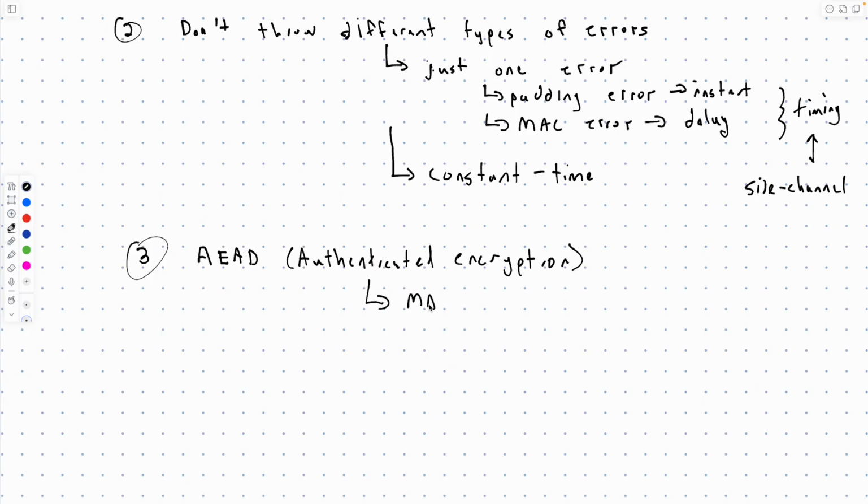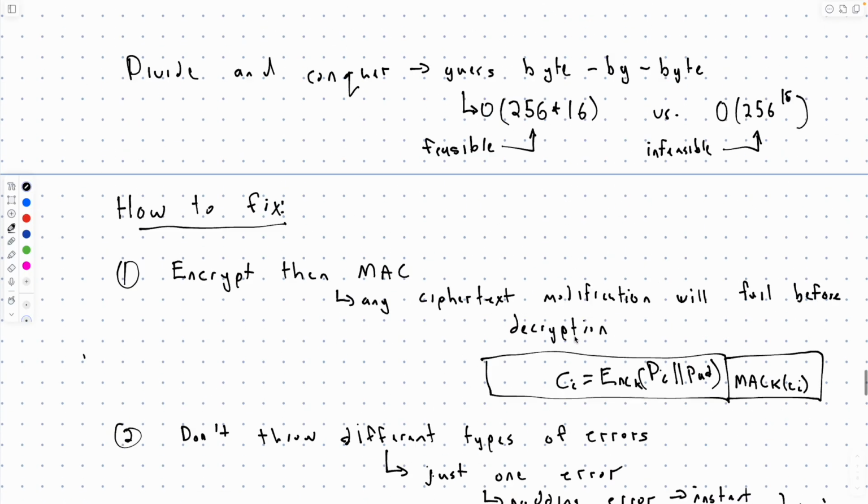And so basically it MACs and encrypts together. So you're not layering the two together. And the example that we've seen in the cipher suites that we looked at,